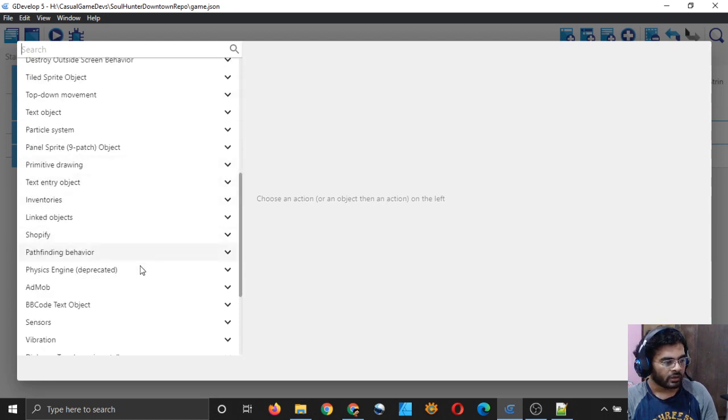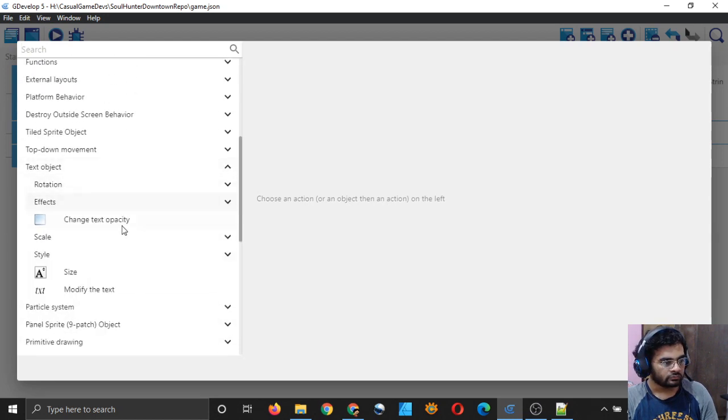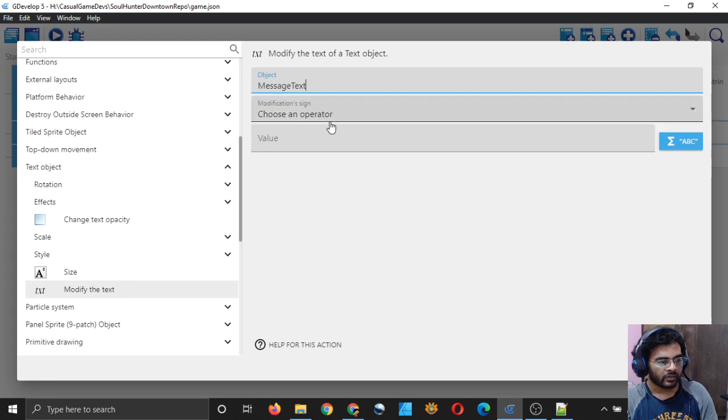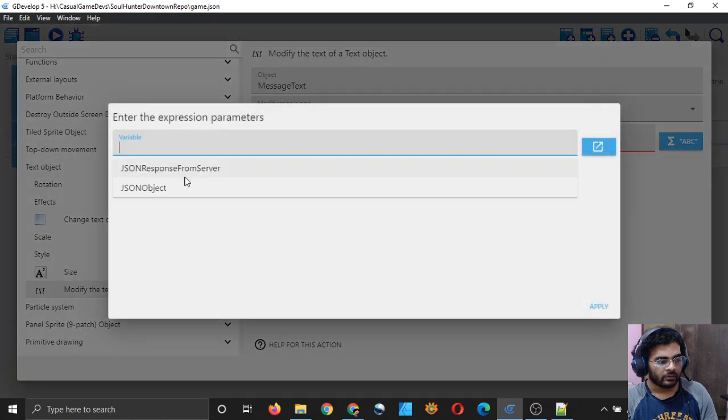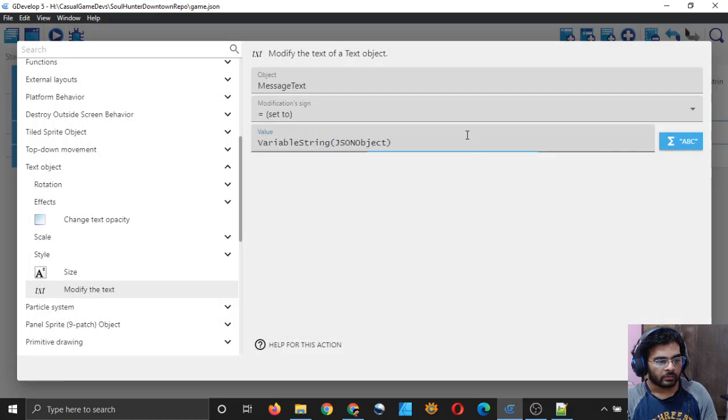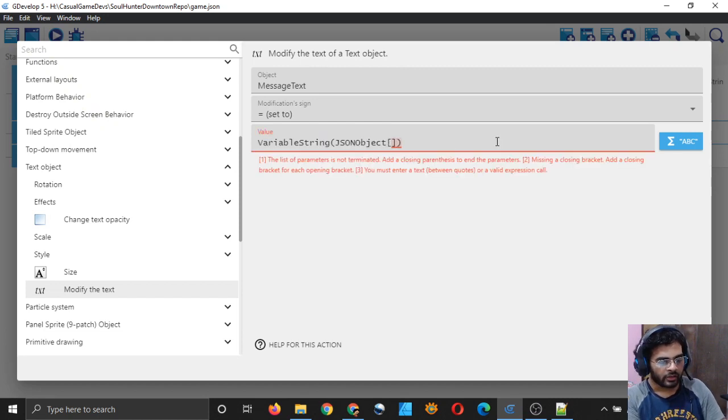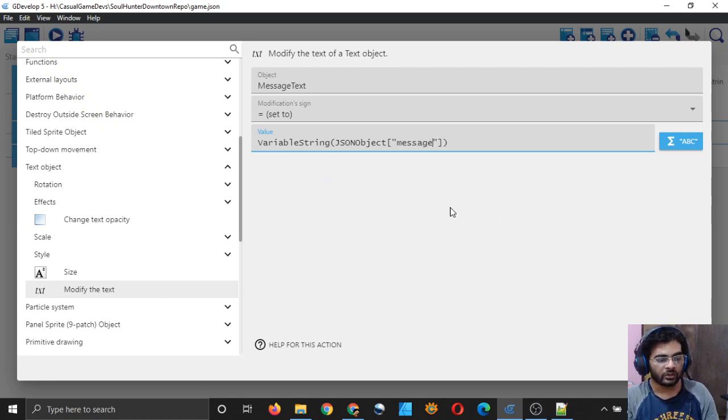Let me go to my text object, modify the text, message text is equal to, and here I should put my JSON object variable and access the message field in it. So text of a scene variable which is JSON object, and apply, and inside it simply open and close square brackets, open and close double quotes, inside it type message, because we have a message field in our object also.